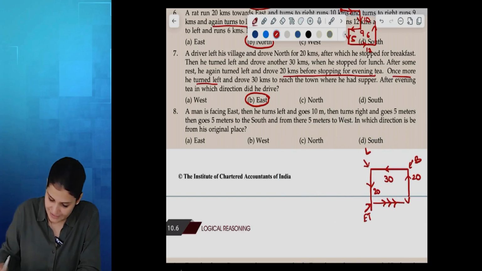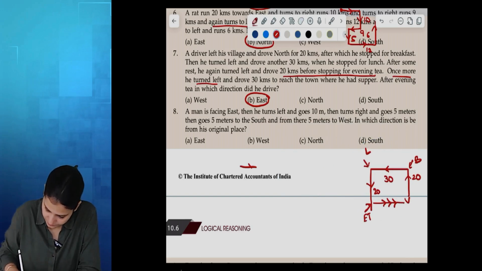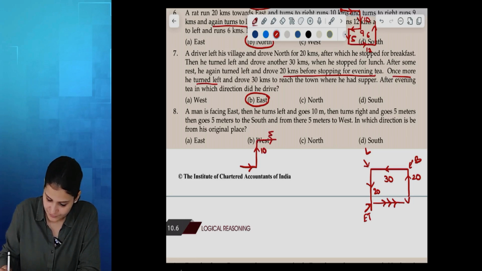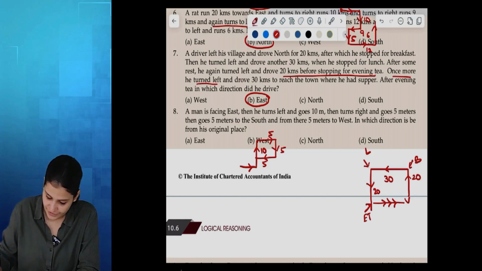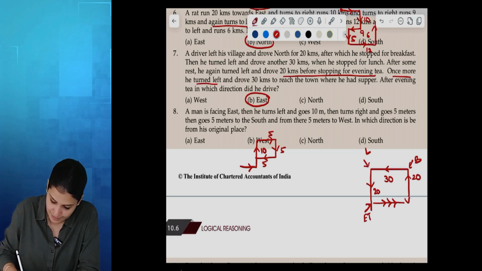A man is facing east. He turns left and goes 10 kilometers. Then turns right and goes 5 meters. Then goes 5 meters to the south. And from there 5 meters to the west. Coincides with the initial line. In which direction is he from the original place? So, original place was,